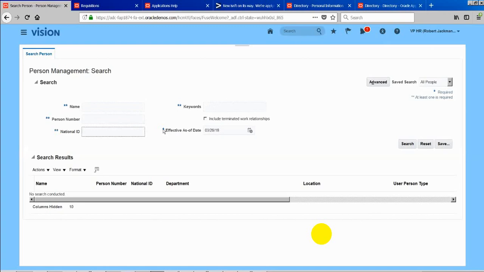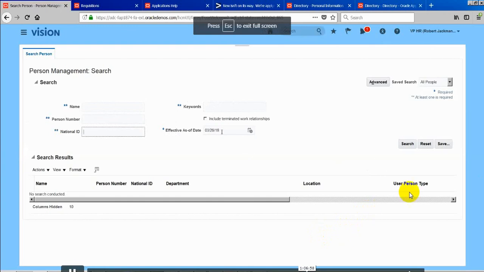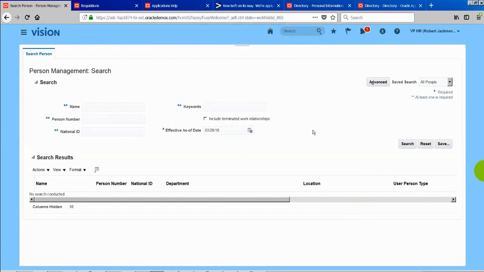What does a single asterisk mean? That is mandatory. Whatever field is marked with an asterisk has to be filled anyway. Don't worry how this date came up, nothing to worry about. If you go to any search screen and try to search for information, understand that a double asterisk means one of these four has to be filled. A single asterisk means that field has to be filled for sure. And any field without an asterisk is optional.